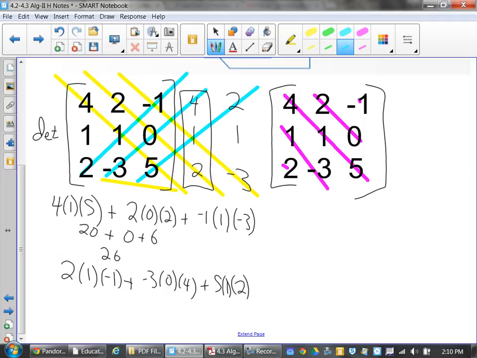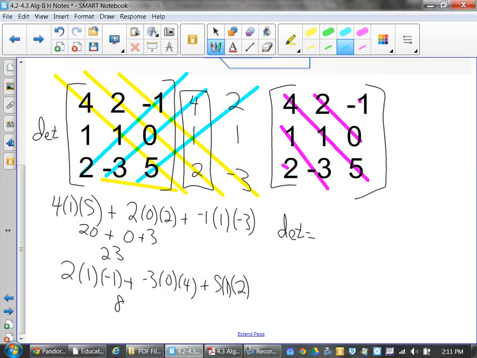Yes, sir. Shouldn't the first one be 23, not 26? Thank you. I saw the 2 and the 3. I thought it was for some reason. Okay. So then what I'm doing here is I'm going to subtract now the sum of all the upward diagonals. So I have negative 2, 0, and 10. What are all those, out of curiosity, people? 8. So my determinant